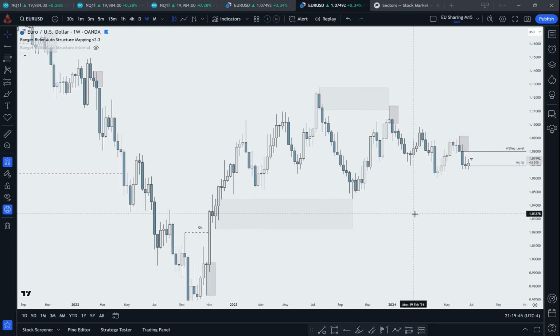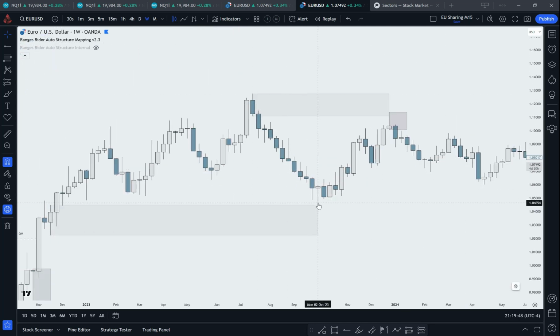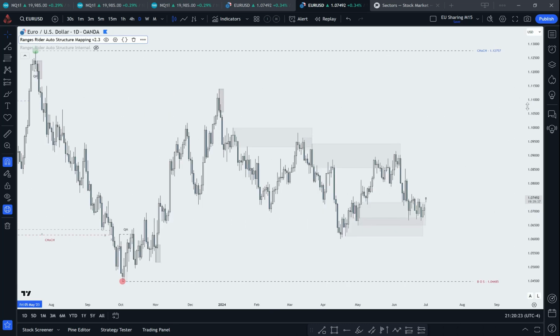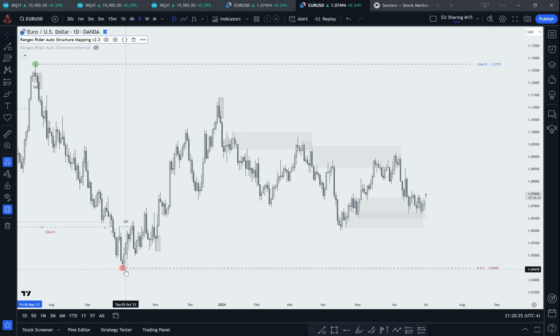So one time frame higher, this is the leg. So this is the internal range liquidity, and if you see, the price reacted 2 weeks off of this level, and then at the extreme we have what? We have another internal range liquidity, and then this is the weekly order block, and we are rejecting from here and we are looking this side now, and this is another break of structure, this one, this level. So this is our draw on liquidity on the daily time frame,